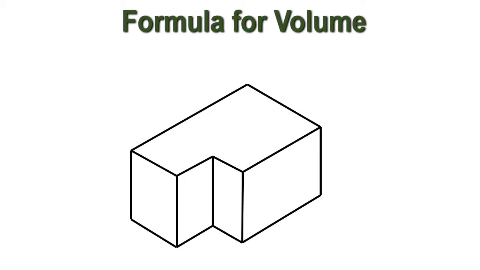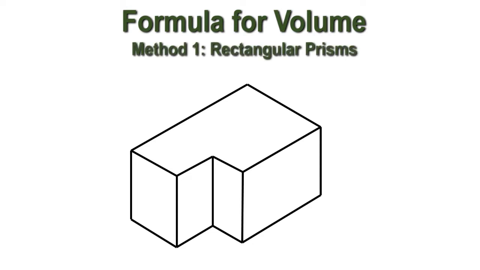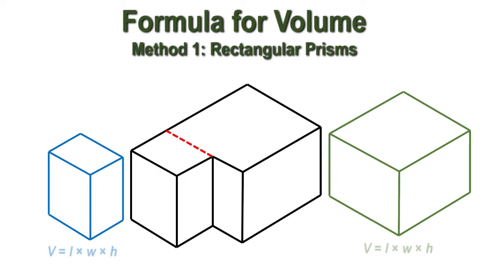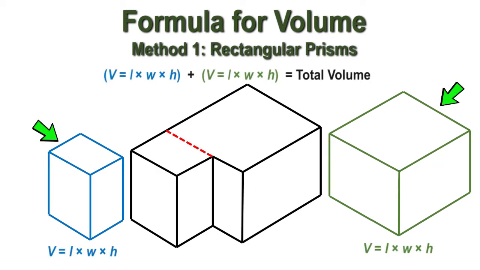We cannot apply the formula for volume directly on irregular rectilinear prisms such as this one. We must first decompose it into regular rectangular prisms. This can be done in a variety of ways. The first method decomposes the shape into two rectangular prisms. We could use the formula to calculate the volume of each section and then add the volume measurements to find